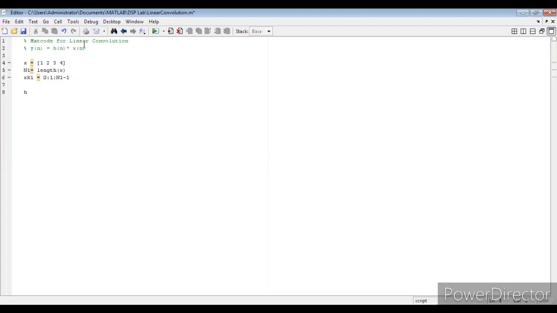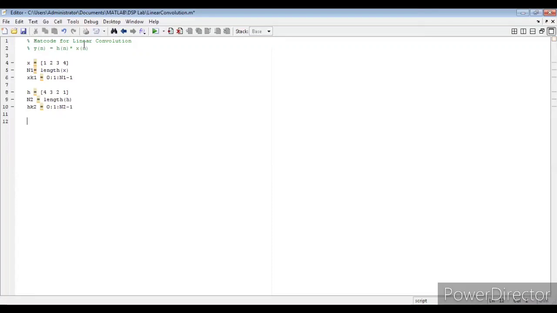Similarly, we have to go for the h value, that is the system response. H is equal to, write the h values 4, 3, 2, 1. Now length of h, let us take it as n2, that is length of h. So n2 gives me the length of h. So k2 is equal to 0 colon 1 colon n2 minus 1 for representation of the second signal, that is h of n.